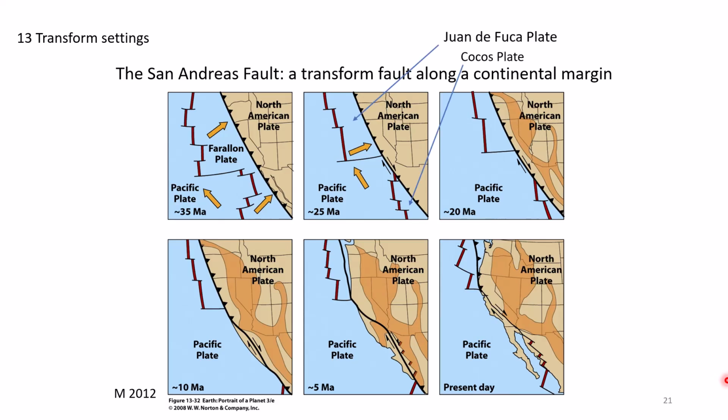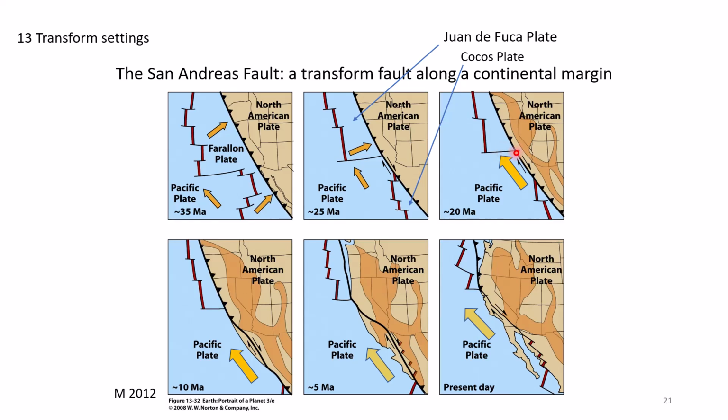Since that time, we distinguish between the Juan de Fuca plate in the north and the Cocos plate in the south, although technically they are actually both part of the Farallon plate. But now they are no longer connected at the surface, and this is why they have been given two different names. The subduction of the Farallon or Juan de Fuca and Cocos plate has continued since then, and 20 million